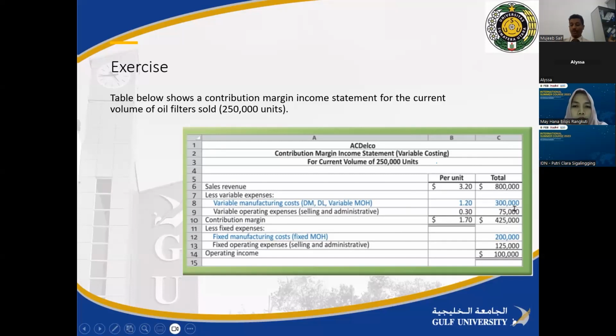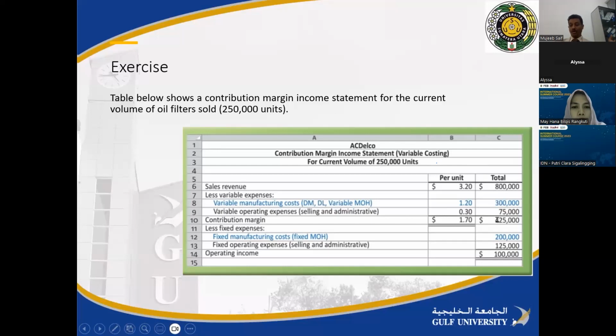So now we know how much variable cost we have paid. In total, variable cost is 300,000 plus 75,000, so total is 375,000. If you deduct it from the sales revenue of 800,000, that means contribution margin is